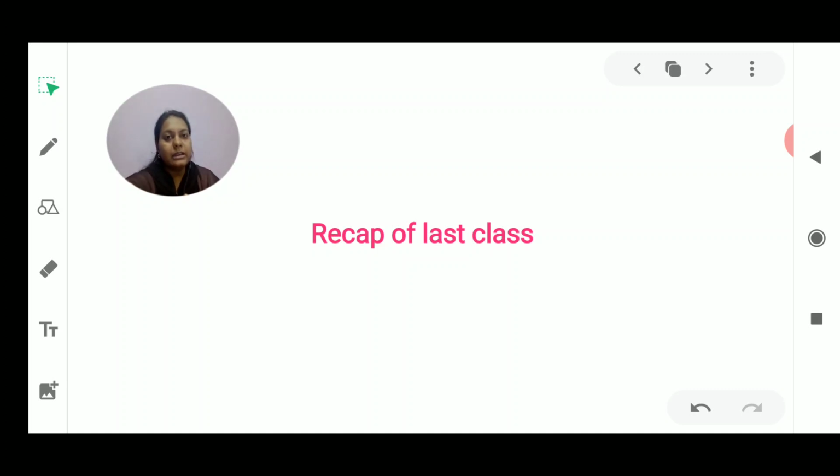Then we have also discussed the vertical section of the soil, known as the soil profile, where the layers are placed in the form of various horizons, and these horizons have different particle sizes, different colors of the soil, and also different properties. And in the last class we discussed the properties of soil.